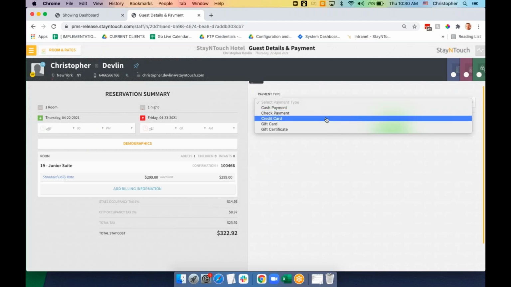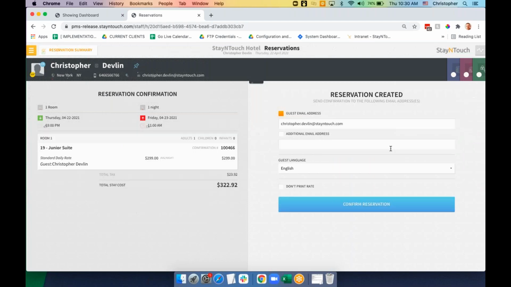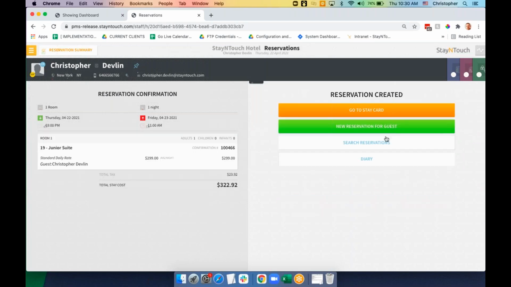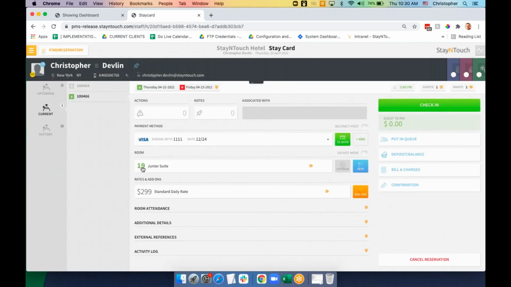We'll enter our credit card. I think I should have one on file. I do. Perfect. And if we go to the stay card, the guest has been blocked in Junior Suite 19, which is inspected, and I can even go ahead